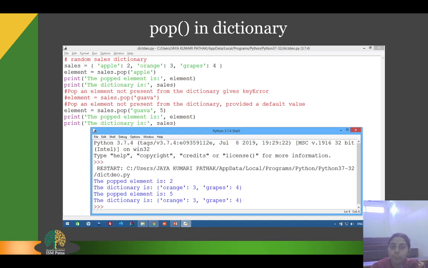The main difference is that popitem always removes the last element of the dictionary, whereas the pop method returns the value of the key which is passed as an argument, and it gives an error if the key does not exist in the dictionary. So this is the main difference.